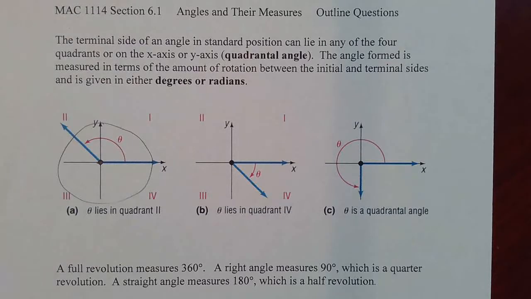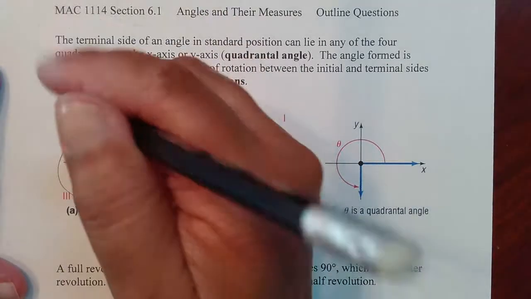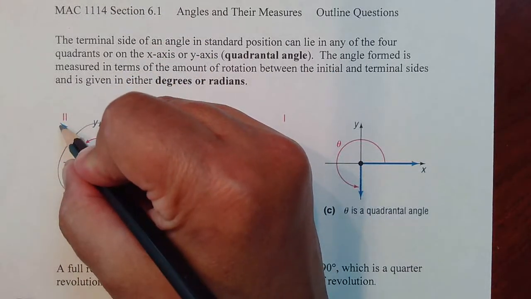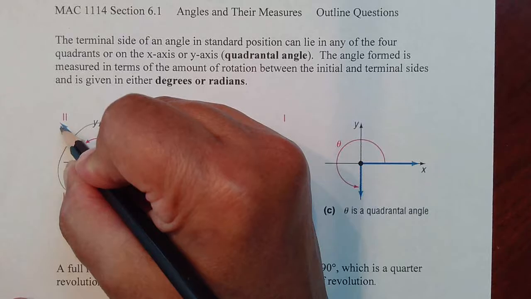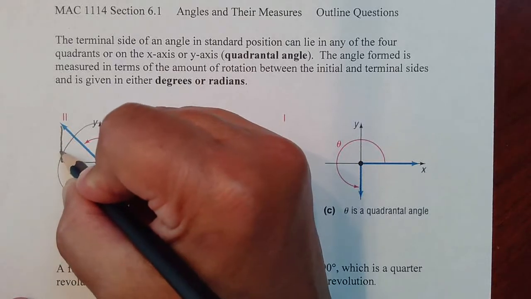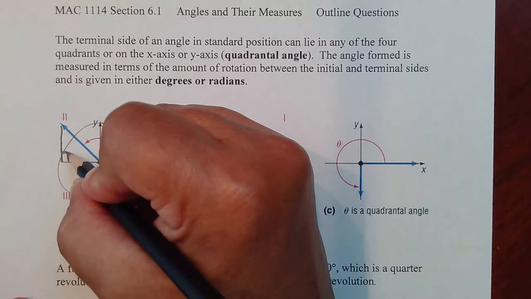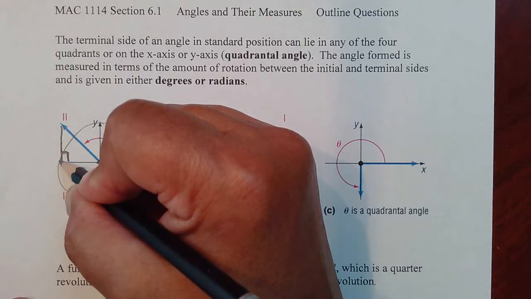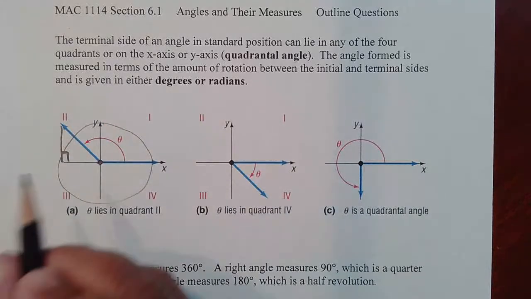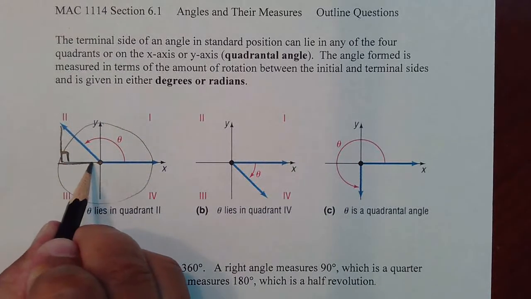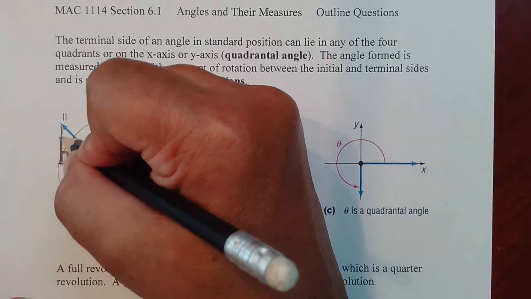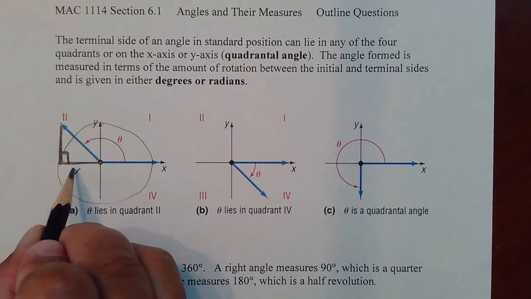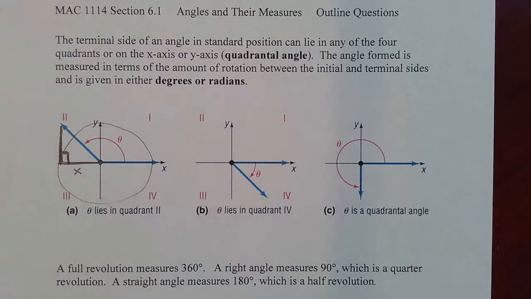Now you might say, well, where are the triangles? The triangles are going to be created like this. And I kind of didn't draw this circle big enough. Right where the ray stops, you're going to head for the nearest x-axis, and you're going to travel to the nearest x-axis at a 90-degree angle, perpendicularly. This leg, these are called legs, the legs of a right triangle, the two sides that meet to form the right angle. This leg is going to represent your x coordinate,